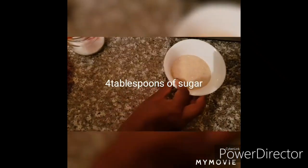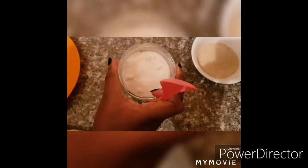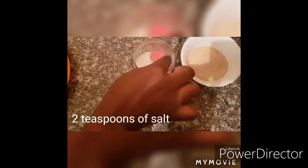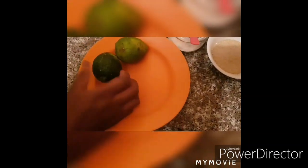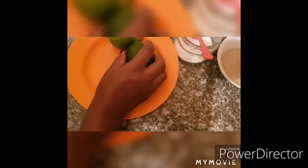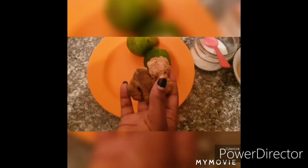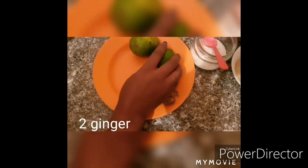We'll start with the ingredients, and you'll need 4 tablespoons of sugar, 2 teaspoons of salt, 2 kienyeji eggs, 2 fresh ndimus, and you'll be using the outer part, the skin, so it has to be fresh. You'll just peel the outer part of the ndimu, and 2 cloves of ginger, and you'll be grating both of them, 1 cup of warm milk,